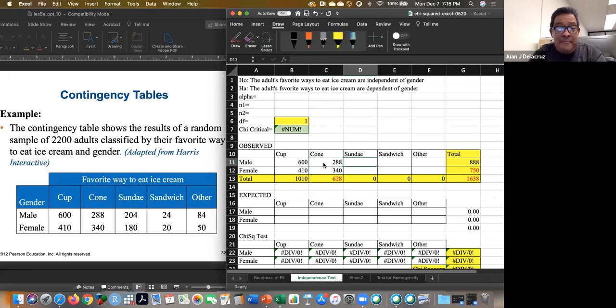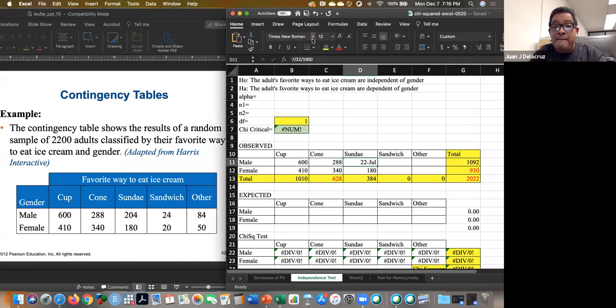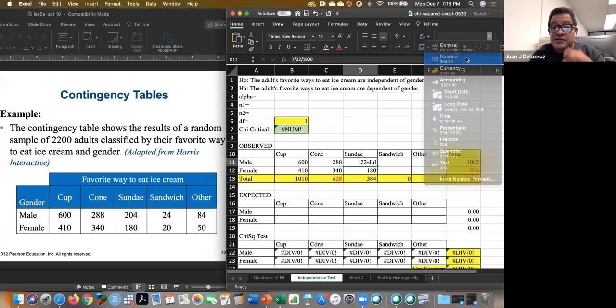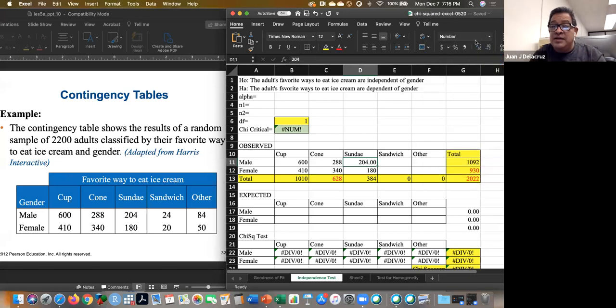So the Sunday is gonna be 204, 180. Ay, Dios mío. 204. Something happened here. So custom, I want numbers. And I want numbers without,